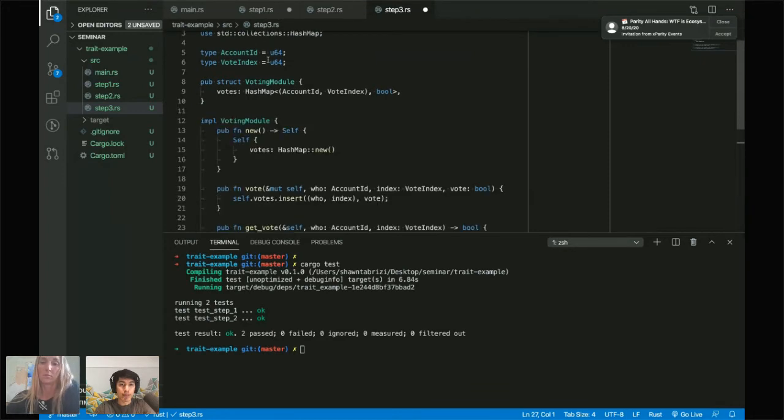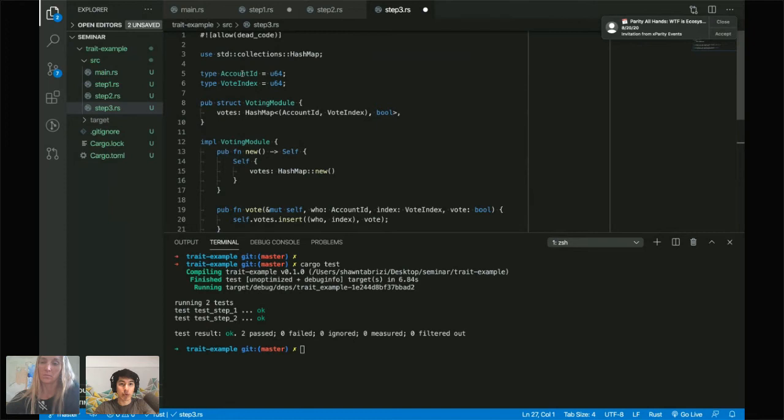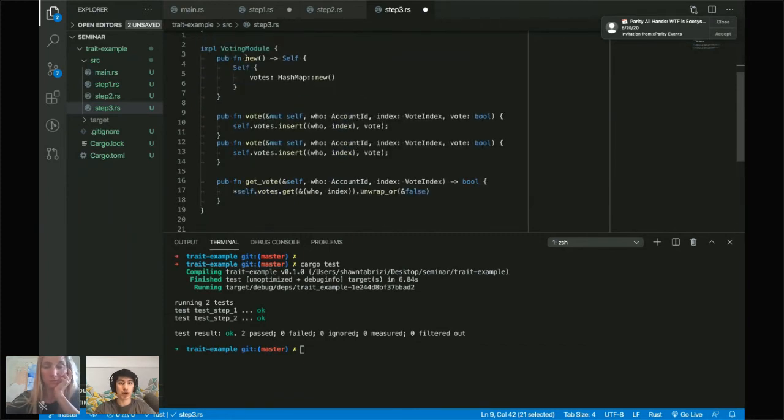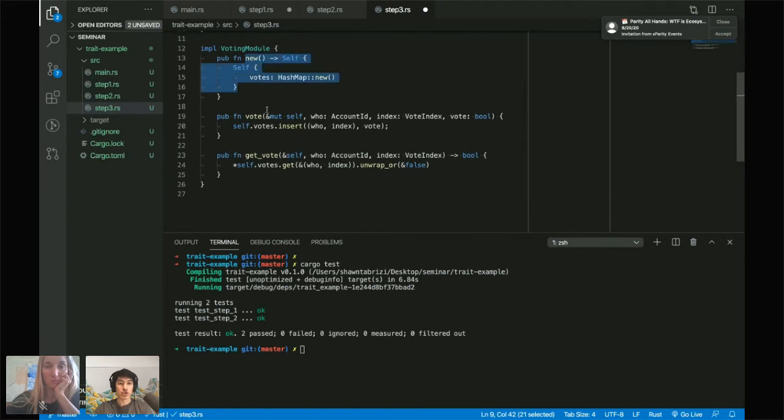Yeah, so you can see here it's basically the same thing. I've defined these account ID and vote index types. I basically have the same thing, a hash map, where the key is a tuple of account ID and vote index. So each user can have a vote on different voting indexes and can vote true or false. So me on index 1 or me on index 2, and I vote yes on index 1, no on index 2, something like that. The logic here is basically the same. I have something that instantiates a new object for the new struct. I have a vote function, which is simple, it just inserts the value, and a get vote, which gets the value. Dead simple. Don't need to rewrite this. And you can see here I've already taken advantage of this type alias stuff.